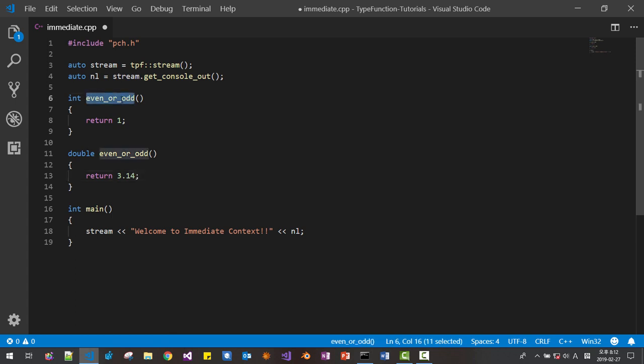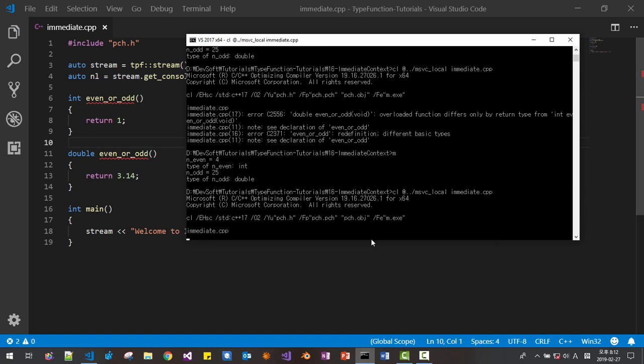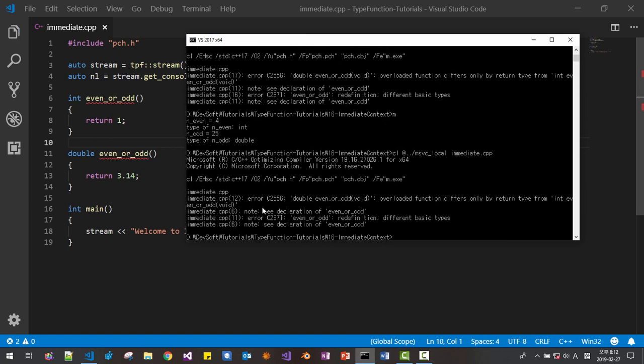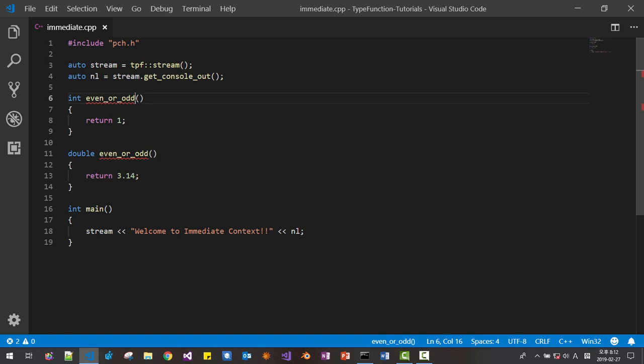So we overloaded two functions. Does it work? No, it doesn't. It doesn't work because the function call parameters are identical, the function name is identical, and the return type is different. We cannot overload these two functions normally.